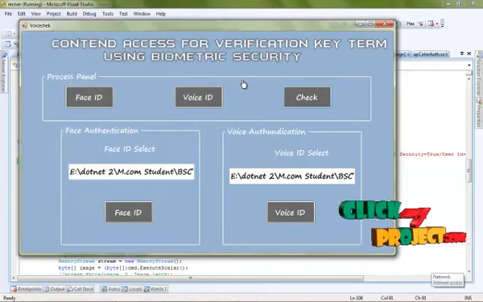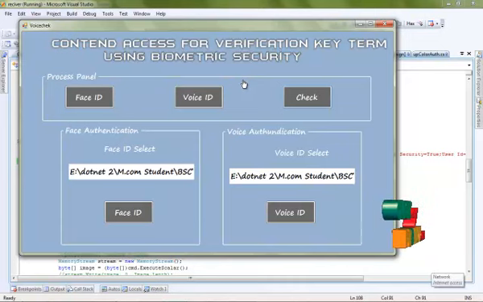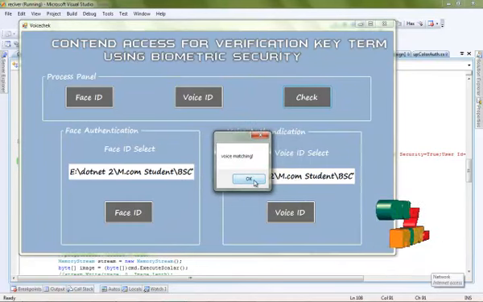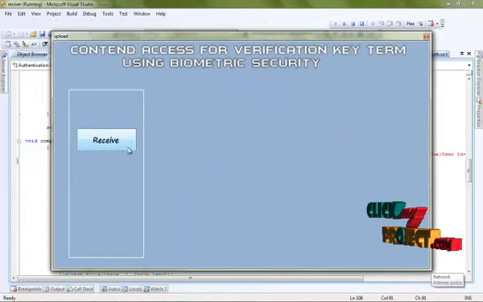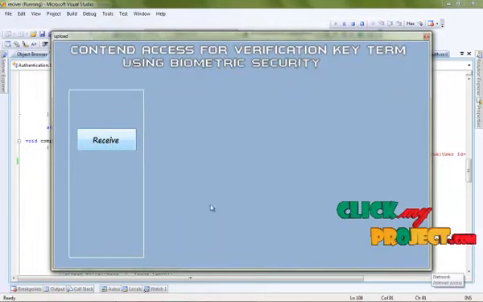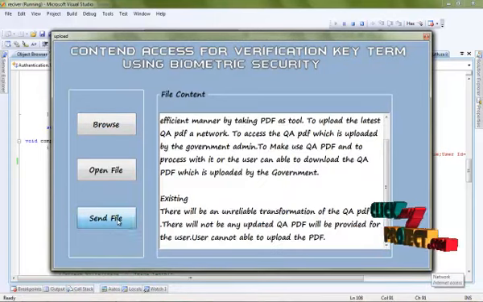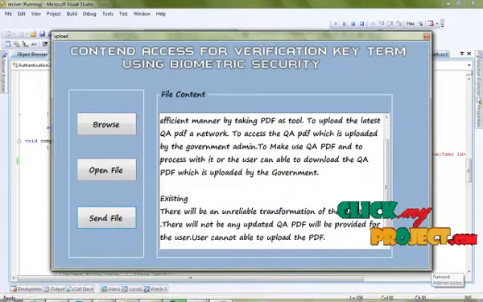In this process, the receiver side checks the status for our process. This is also checking that only valid users have access. In this method, a valid user can access any file, with matching points for your process, face matching and then voice matching also. Then click the receiver side. So click the receiver button and the file has been sent. So data has been sent for this process. Now click send file. So data has been sent for our process.